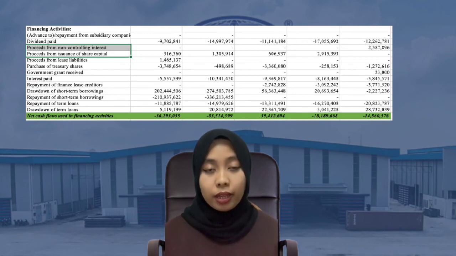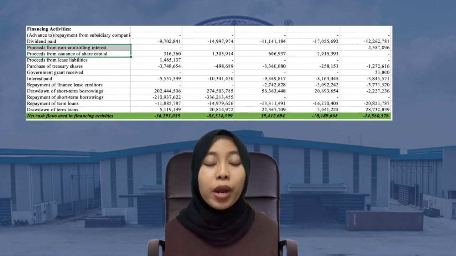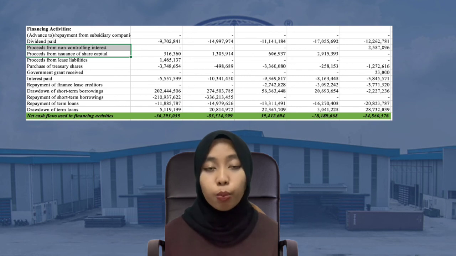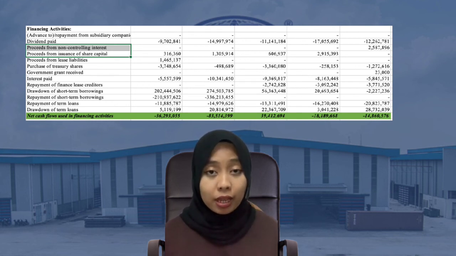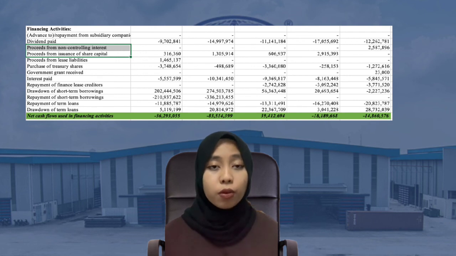In 2017 and 2018, the net cash flow from financing activities was in negative values, where the financing of the company is poor. However, in 2019, the company incurred more cash inflows, and the company is paying its short-term loan in a big amount, but then it decreased again in 2020 and 2021, which indicates that the company is incurring more cash outflows due to paying its short-term borrowings.